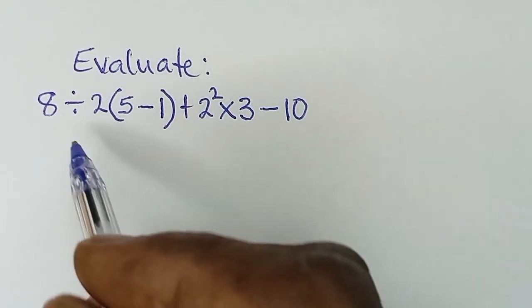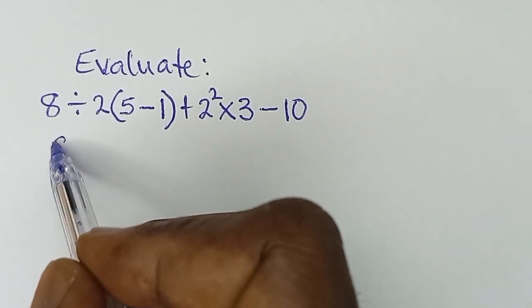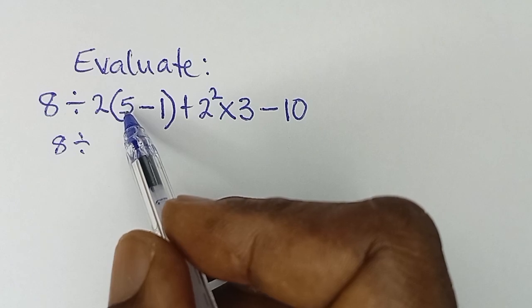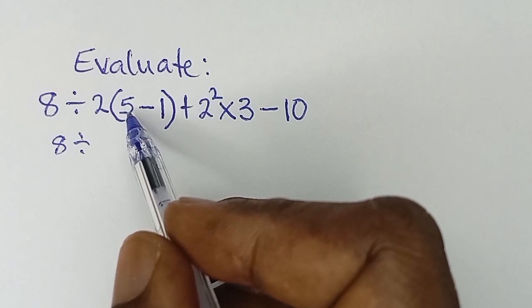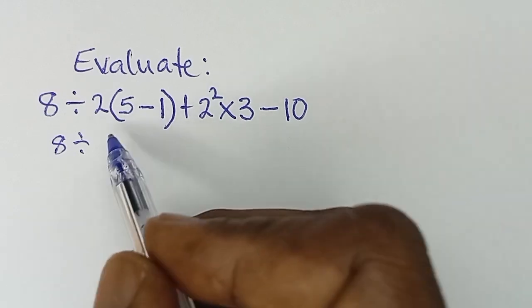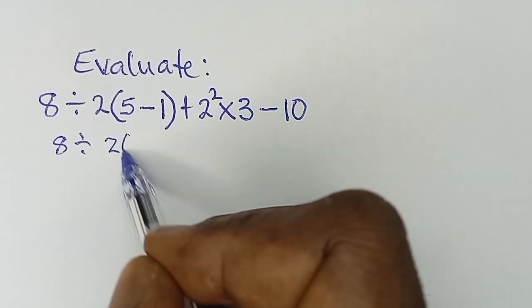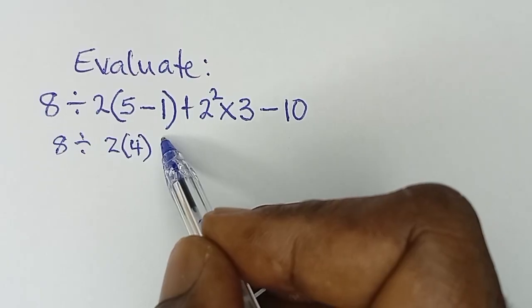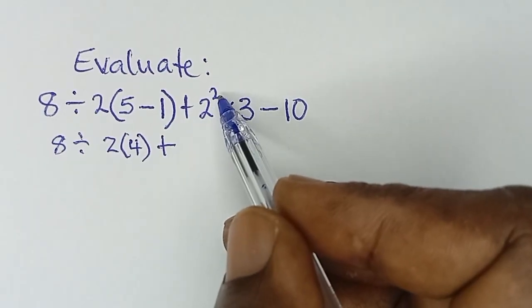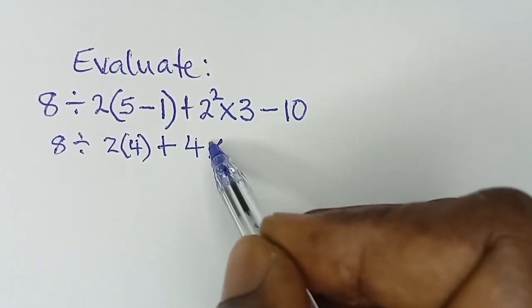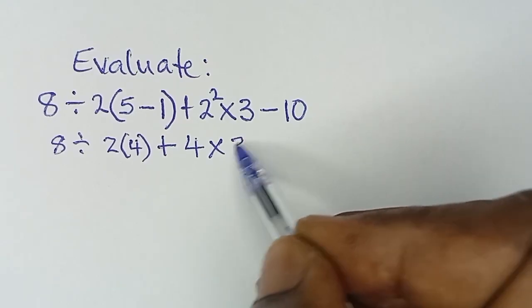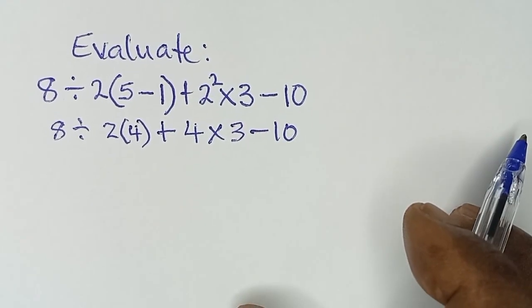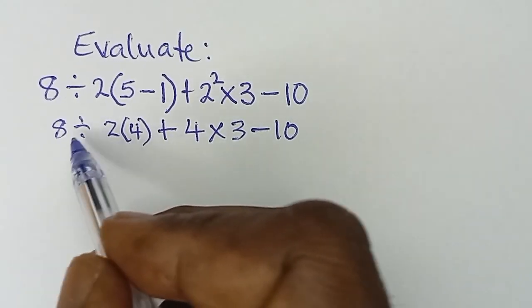What some students will generally do will be to say 8 divided by, you say 5 minus 1, which is 4. And then they'll say 2 multiplied by 4. And then plus 2 squared is 4 times 3. And then minus 10. And then they will now say it's equal to 8